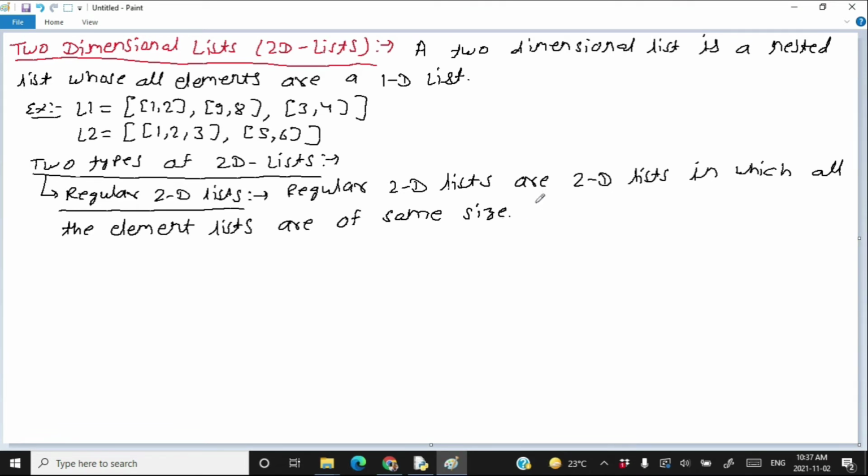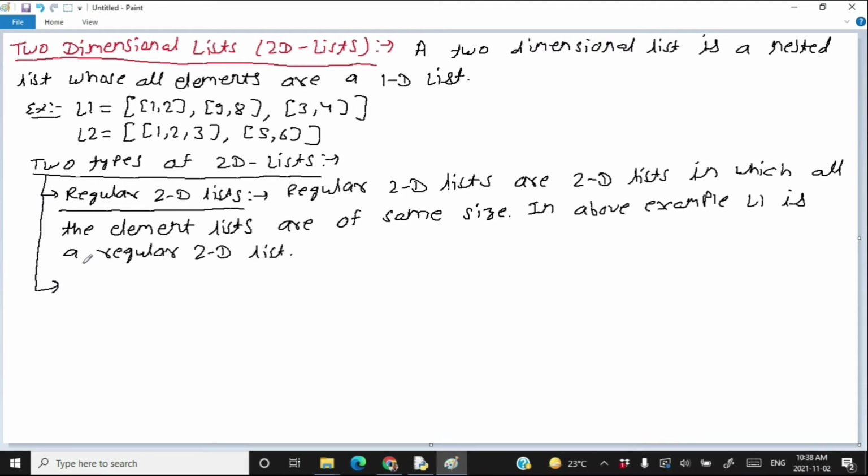You can say that in the above example, L1 is a regular 2D list. The other type of two-dimensional list is called a ragged list.